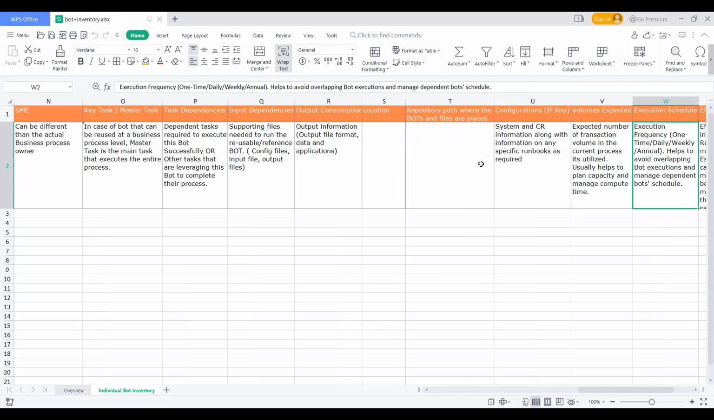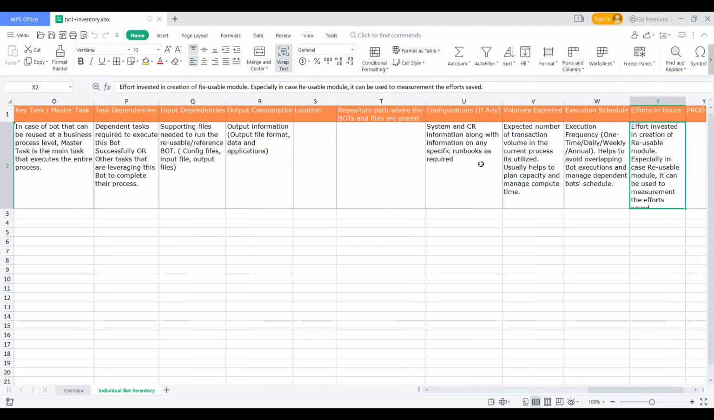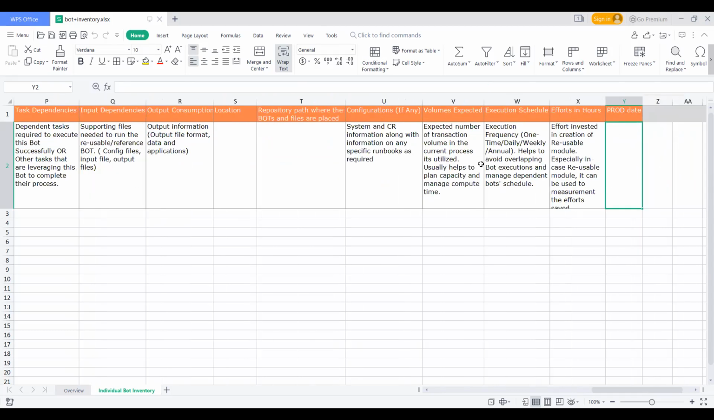the execution schedule, which is the frequency, or if it is already in production, that what is the frequency which this bot is operating onto, the effort which was invested in creation of this reusable component, so that at least someone can know that what is the kind of effort which is being saved here, and the production date on which this got deployed. So you think of any such information which can come handy for anyone who wants to refer this